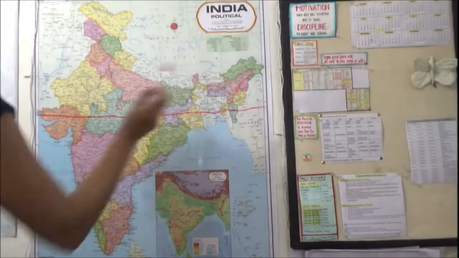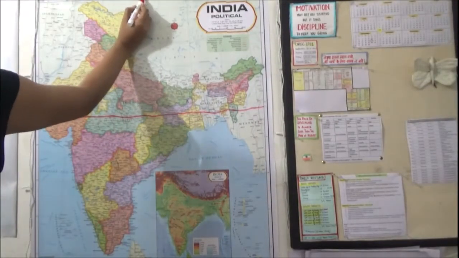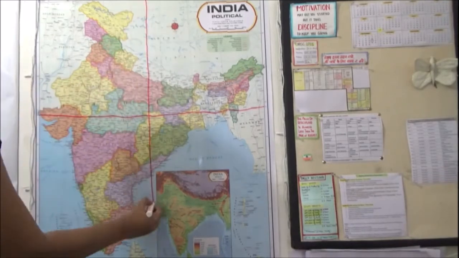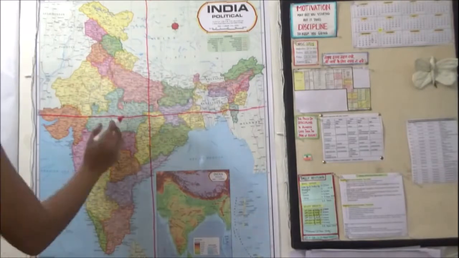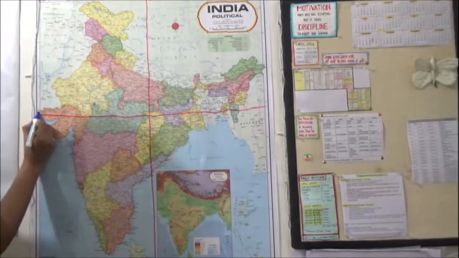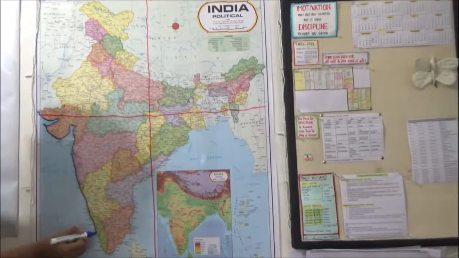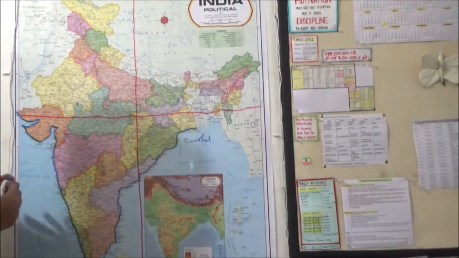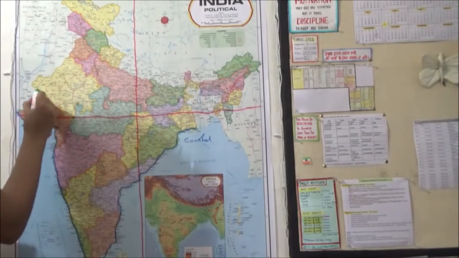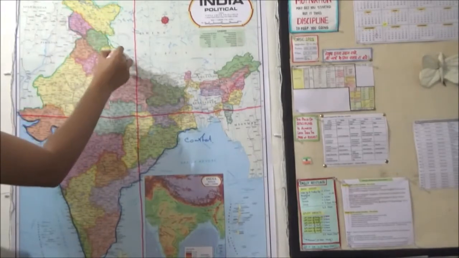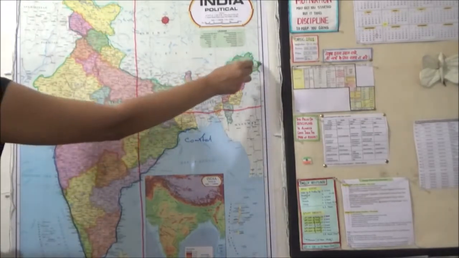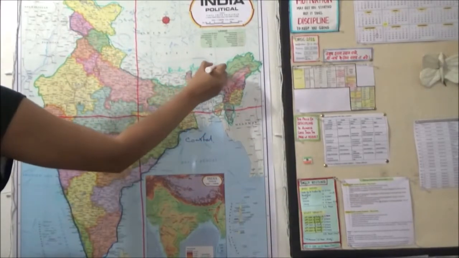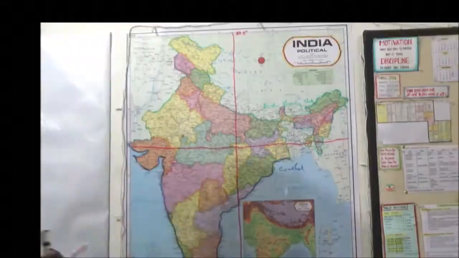So very basic, I am drawing Tropic of Cancer and the line which India follows for time, which is 82.5 degree. So this also helps us to remember what are the cities which pass through these lines. And I'm also drawing a line for the states which are on the coastal areas and the states which are bordering to our neighbor countries. So this also helps us to remember which are the states which have boundaries with our foreign nations.